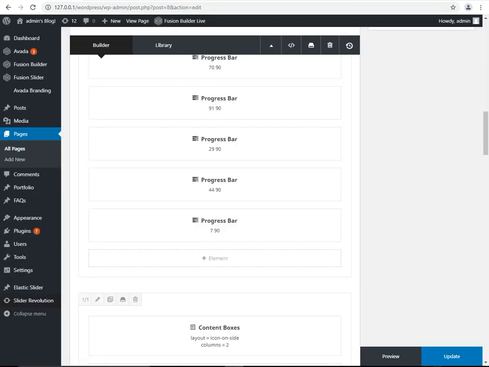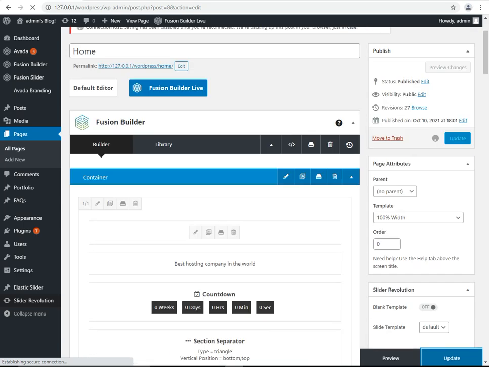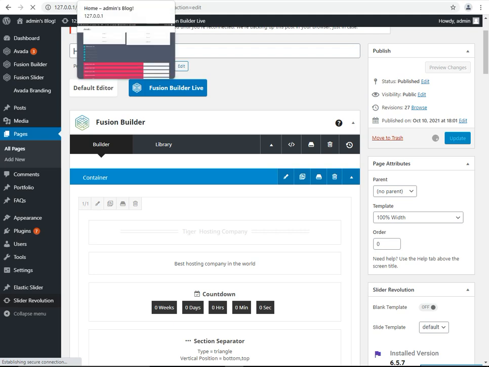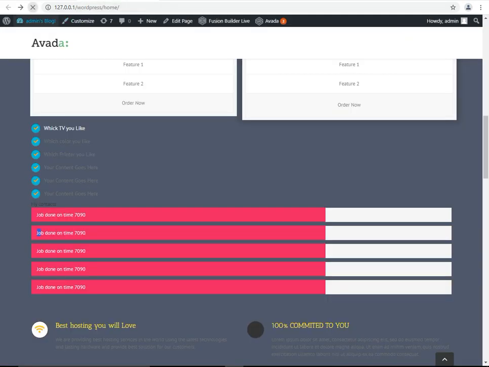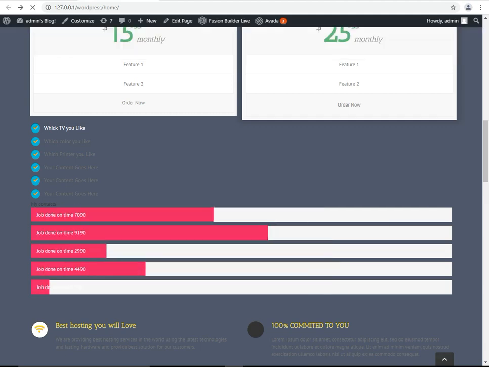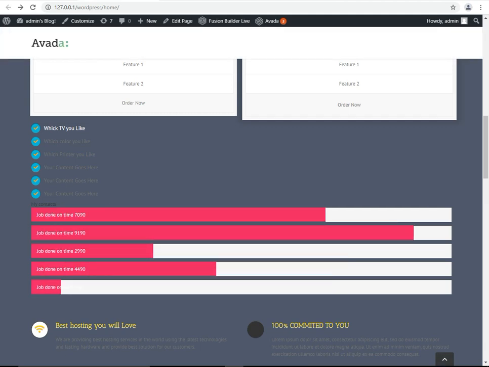You can set different types of settings according to your desire. The system will update this. Done. Different types of settings according to your desire will be set.